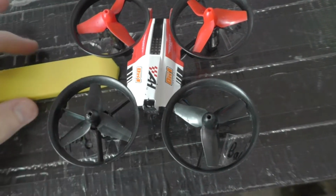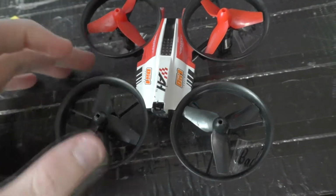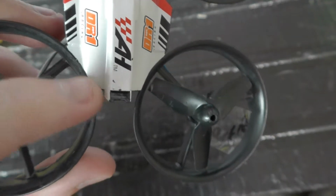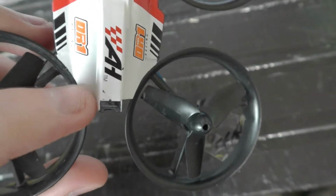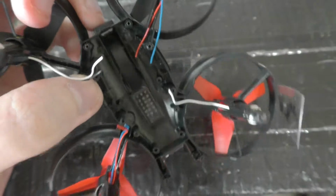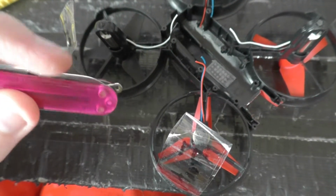Okay, so what I'm thinking of doing is using this box cutter since these things are incredibly sharp. And I'm going to cut right here and just mill away on the plastic. I don't know what I'm going to do about these little sections right here. I think I can just pull them away, or what I might end up doing is take this little